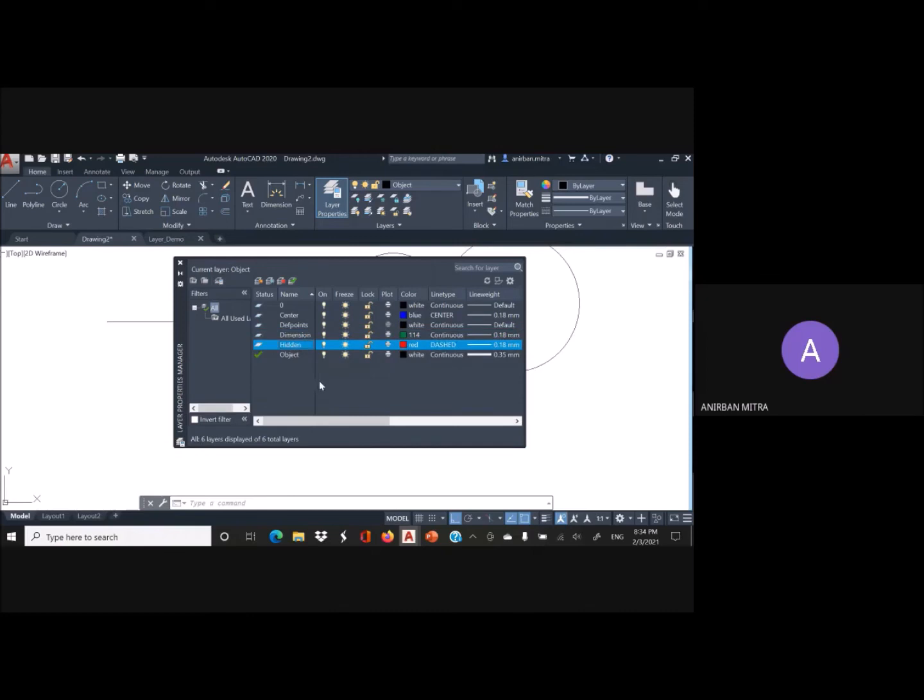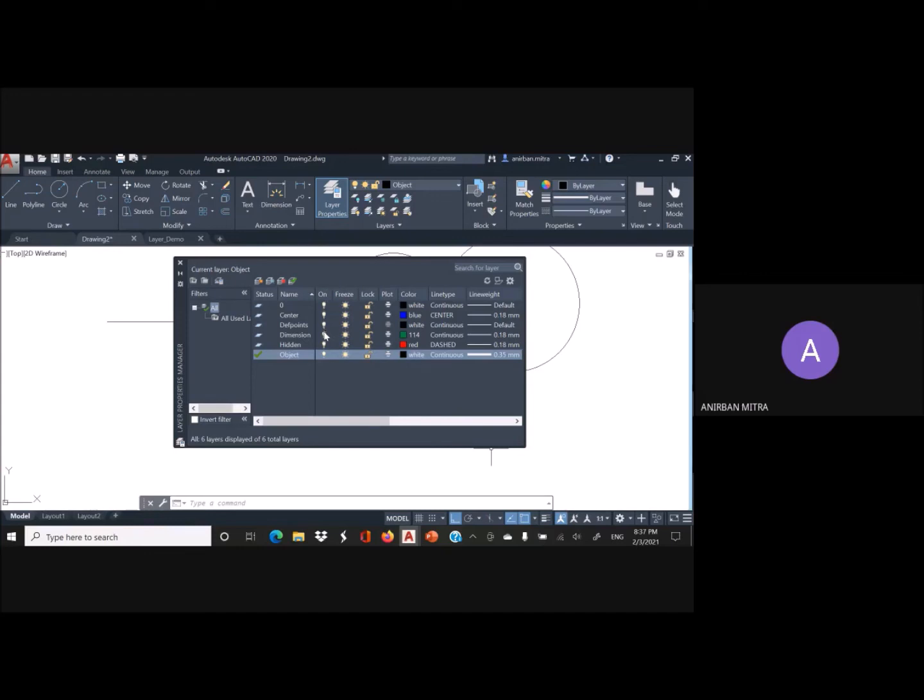However, if you select the hidden layer and delete it, it will be deleted because there was no hidden object in that layer. While previously discussing the creation of new layers and deleting of existing layers, we have skipped over certain columns here. What are these functionalities? They are on, switching on or switching off a layer, freezing or thawing a layer, locking a layer, and plotting a layer. So let us discuss them one by one.